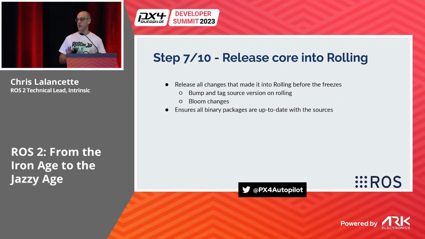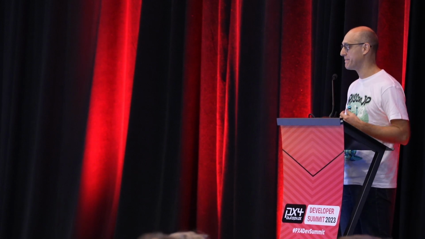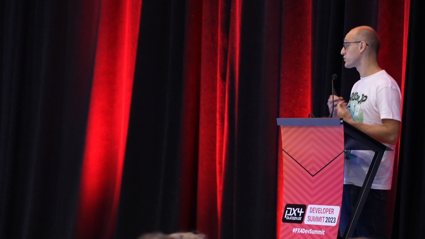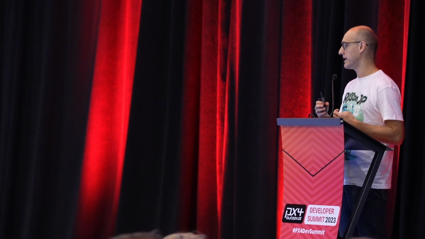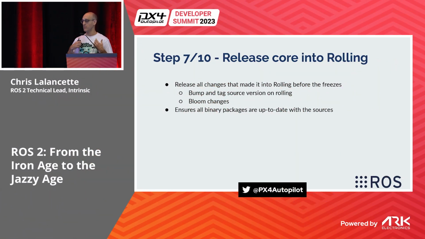And to be clear here on this step, we are releasing the core into rolling. Up until those two freeze dates, lots of activity is happening, right? This is when everybody is scrambling to get all their stuff in, so lots of new code has poured in at the last minute. So we release all those changes into rolling again to make sure that rolling still works, right? That everything we had before still works. We'll do smoke testing on this. We'll tag the sources. We'll make binaries out of it.